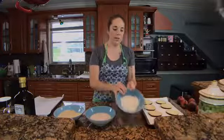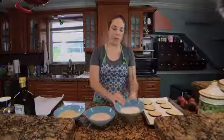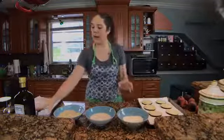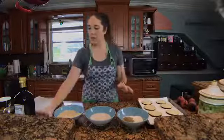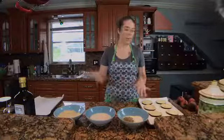So I put my almond milk in this bowl, and then in here I have my plain all-purpose flour, and I've got my spice mix right here, which is Italian seasoning, black pepper, and salt. So we are going to just work on that. But before we do anything,